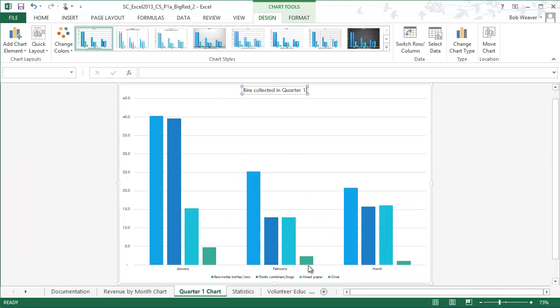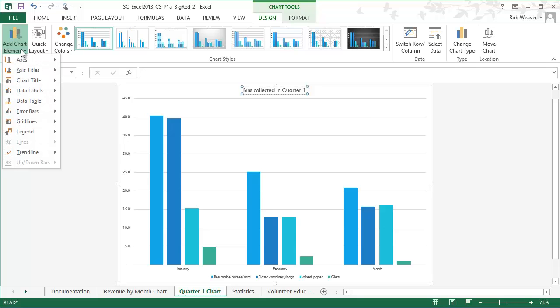Now horizontal is left and right like the horizon, and vertical is up and down. And I want to add a vertical axis title. There is no title here. It just has the numbers 5, 10, 15, 20 without a title. So the way to add that is to come over here to the chart elements. In the chart tools option, in the design tab, the leftmost choice is the chart element, add chart element, and